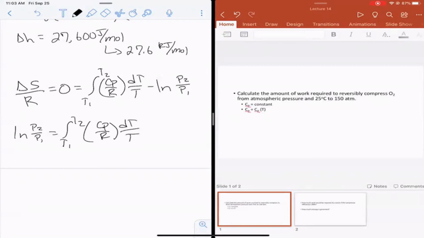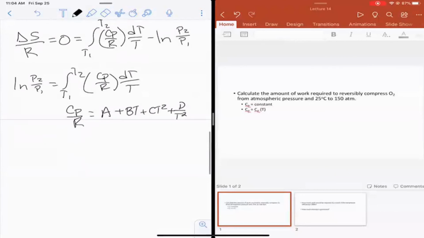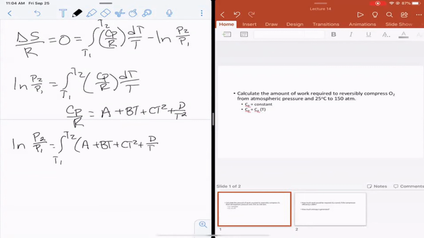So now instead of assuming that Cp over R is equal to 7 halves, we have a functional form for this that comes from your book, right? That Cp over R equals A plus BT plus CT squared plus D divided by T squared. And so let's put that in that equation. So the natural log of P2 over P1 equals the integral from T1 to T2 of A plus BT plus CT squared plus D divided by T squared